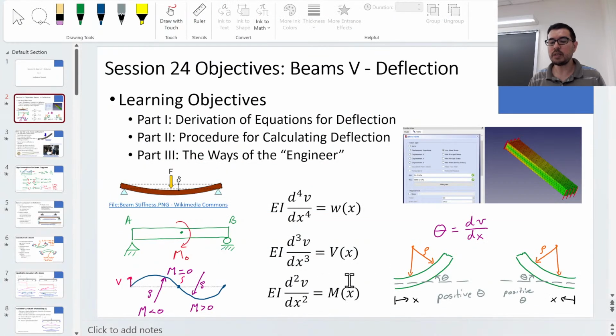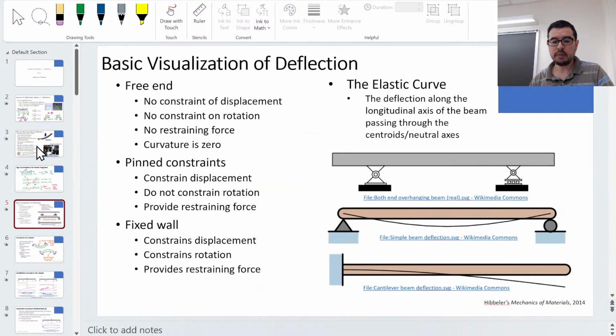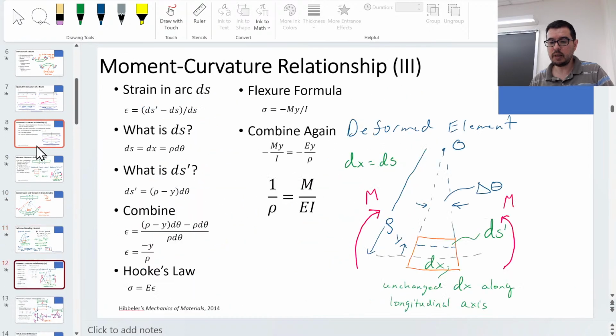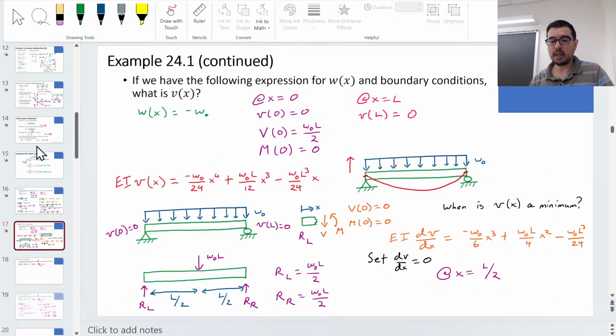And the new conventions that we introduce here are what is positive slope, and when we say slope, we mean the derivative of deflection with respect to the x direction, and also what is positive deflection. So we think of positive deflection in Hibbeler's terms, where we will say that